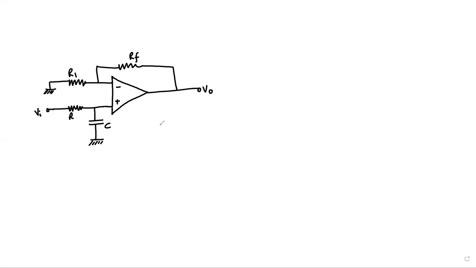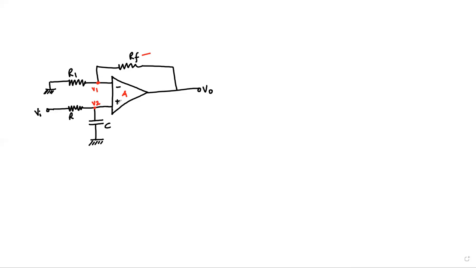Let's analyze the response for this circuit. So what we see here, there is an operational amplifier with a gain A, and the inverting terminal of it is connected to the ground through this resistor R1, and there is a feedback resistor RF connected between output and the input. So the node voltage at the inverting terminal is indicated by V1,